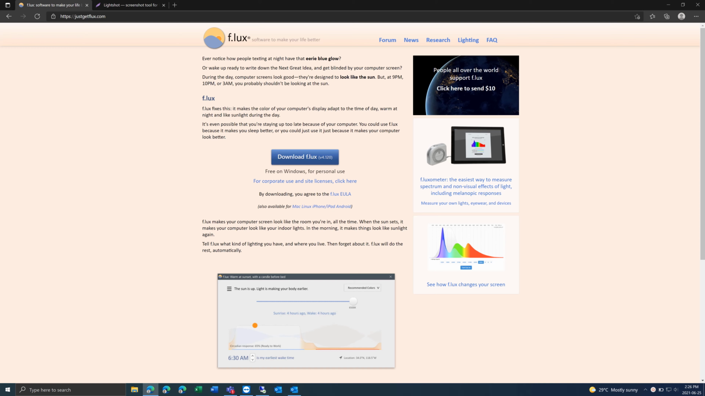My two favorite apps to use outside of the default Microsoft apps like Edge, Word, Excel, Teams, is Flux and Lightshot. Flux is a program that basically removes the blue light from your screen. You can download it from this link right here, justgetflux.com,